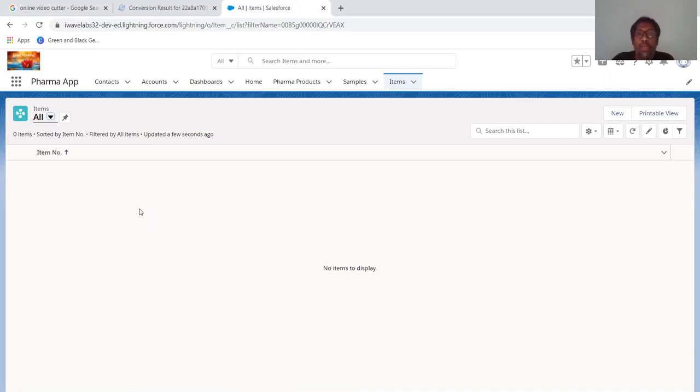Since I made OWD private, only the owner can create, edit, delete, and transfer. The other users cannot do anything.